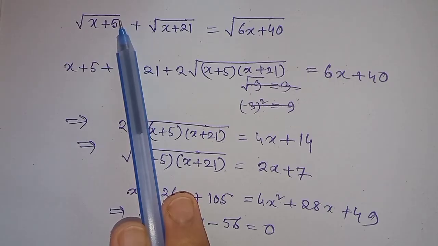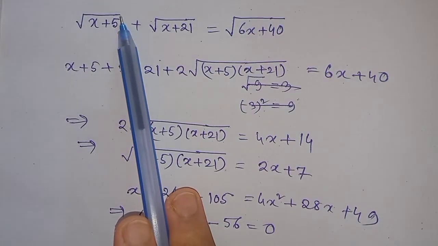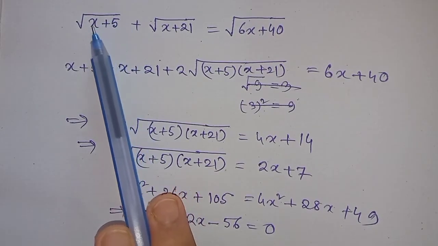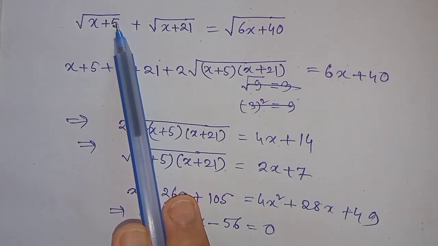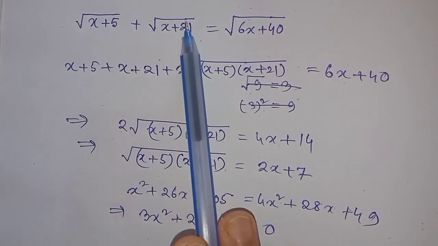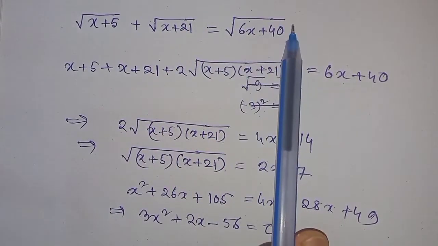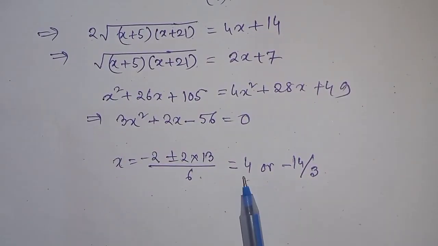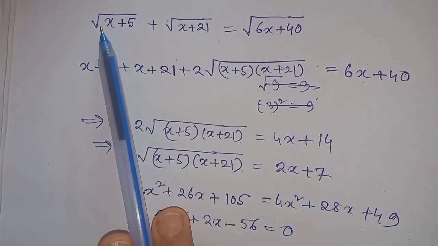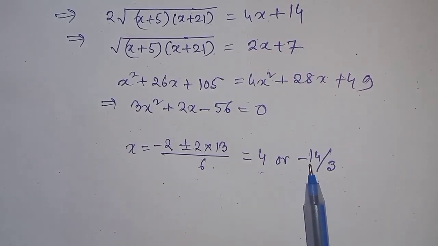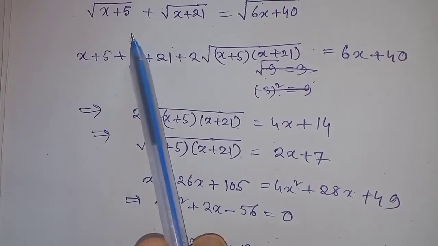In the set of real numbers, when we talk about square roots, we mean that whatever is inside must be non-negative, because if it is negative then it becomes a complex number. But since we are dealing with real numbers, that cannot be possible. So this thing must be positive, this thing must be positive, this thing must be positive. When we put 4, all of them will be positive because the plus sign is here. And when you substitute minus 14 by 3, again you will get that every